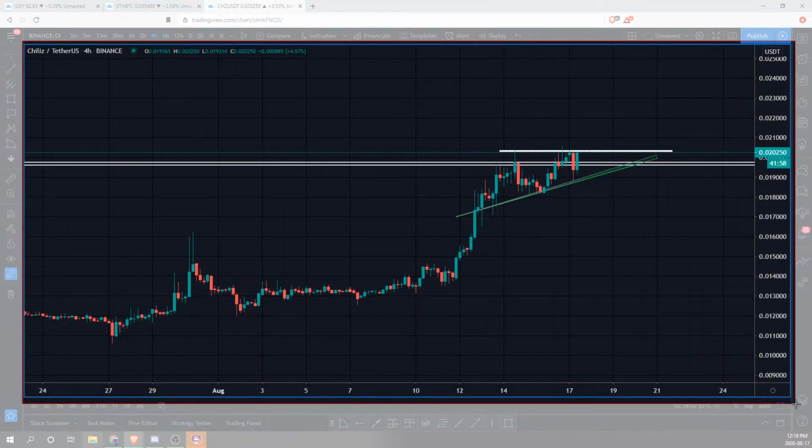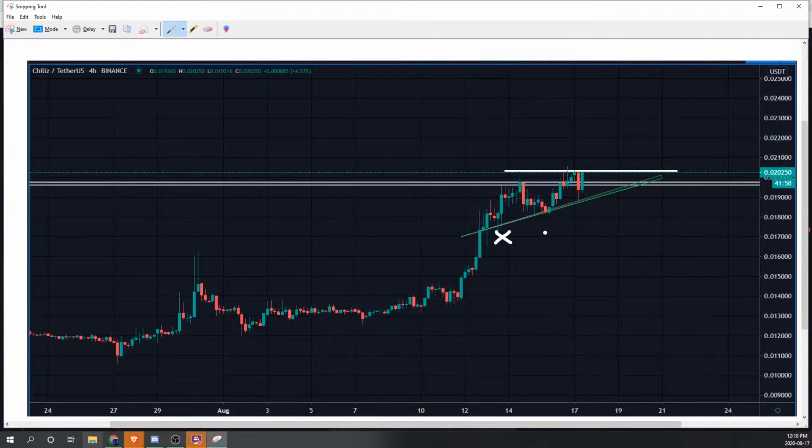So what we're going to be looking for, ideally, is a series of higher lows. We can see that right here. We're seeing this hold, which is great. And then we see this as the main level of resistance or zone of sensitivity right here. But we do see wick, and then we see resistance and resistance. So this is going to be our key level of resistance that we do need to see pass